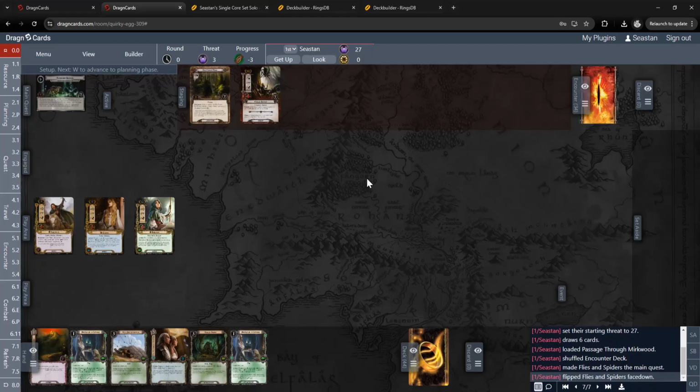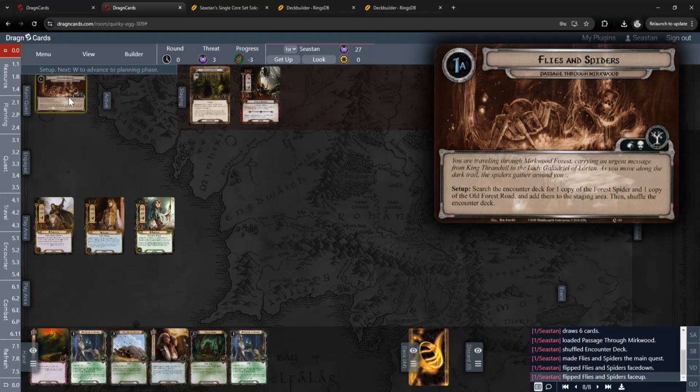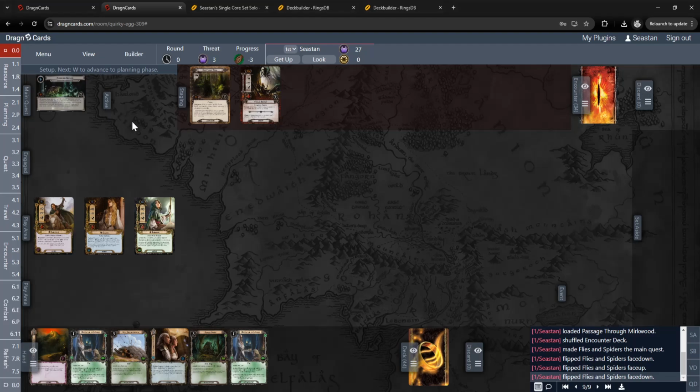So this is going to probably be your number 1 button on your keyboard for a while until you've learned the most common hotkeys for the most common tasks. So as we saw, F was for flip. Of course, we could have also just clicked on it and clicked flip. That also works. But now the text is saying W to advance to the planning phase. So I'm going to hit W,